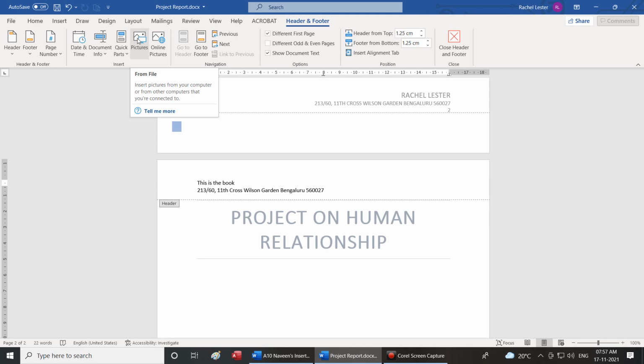This option is used to insert pictures from your computer, or from the other computers that you are connected to in the network.